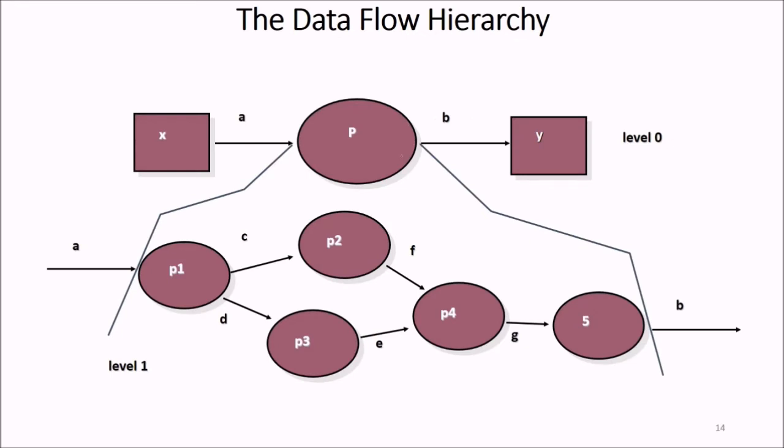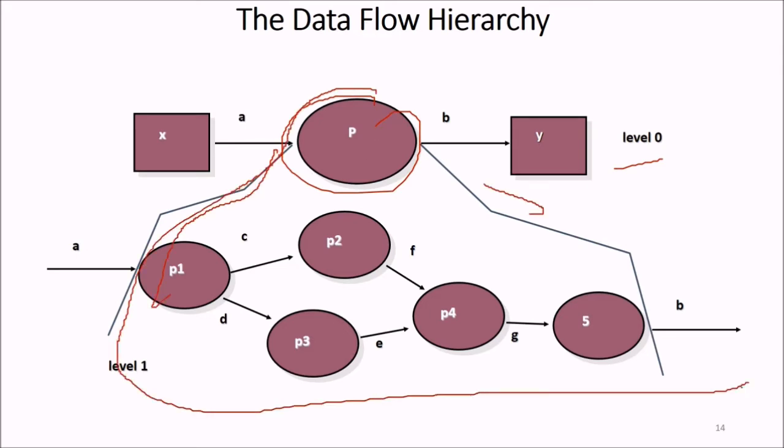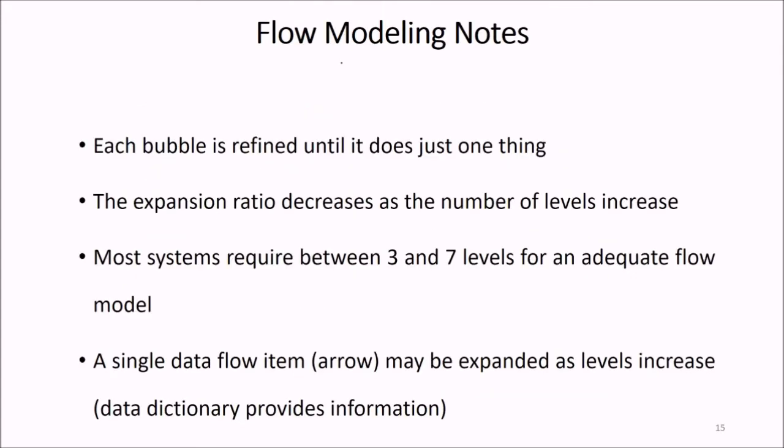This is a data flow hierarchy of the levels. This was level 0. Now I want this to be exemplified more. So this one is more exemplification of our process. So now, in this process, P1 goes to P2, then P1 goes to P3, then comes to P4. So we have just more refined it.